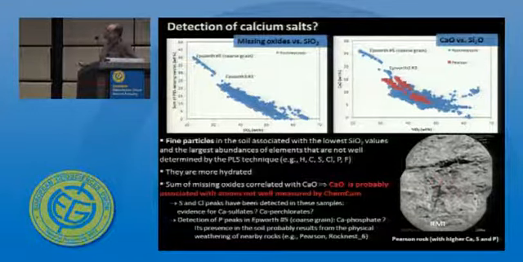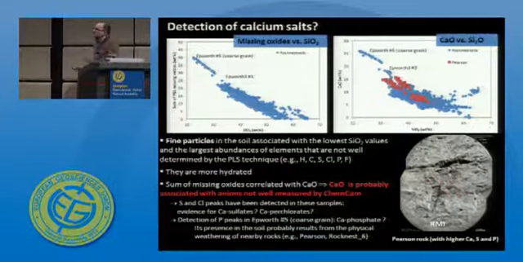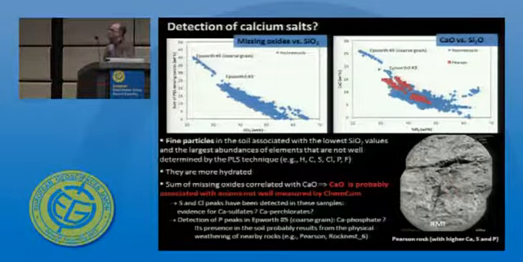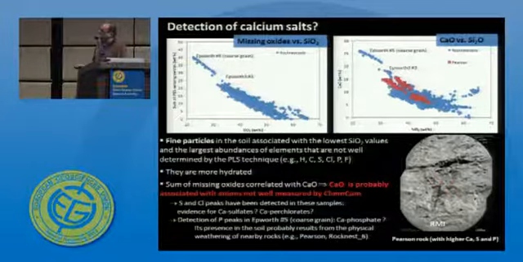So this means that the soils are more hydrated, but the missing component is correlated with an increase of calcium, and this calcium is probably associated with the missing ions we don't see and not measured by ChemCam. So we have some hints that we have detected in these soils chlorine or phosphorus. So maybe this missing component is